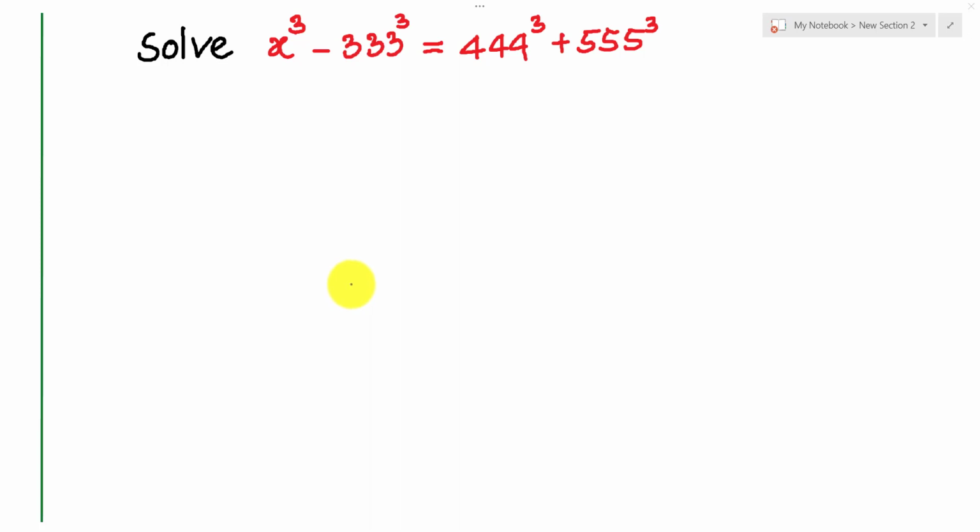Today I have one exercise, as shown on screen. x power 3 minus 333 power 3 equal 444 power 3 plus